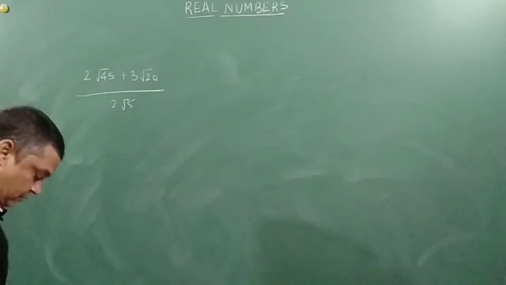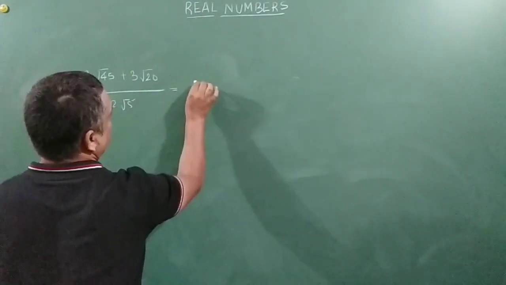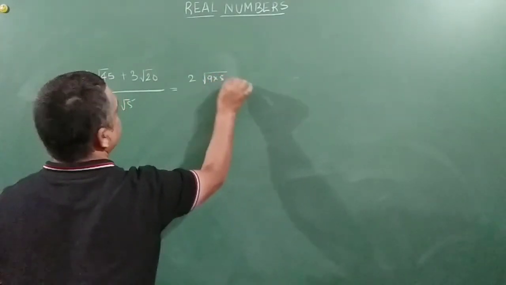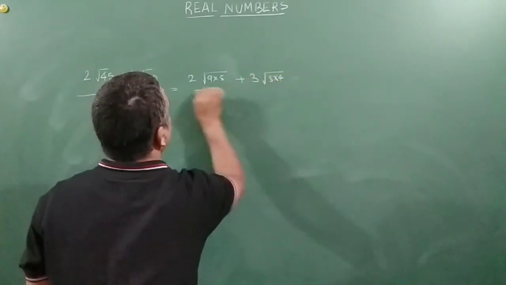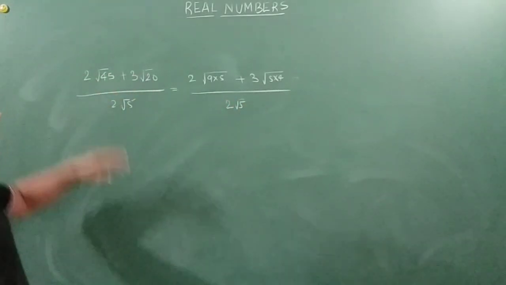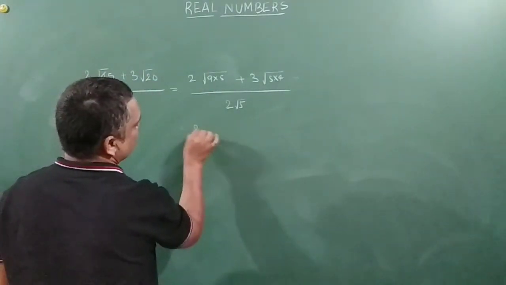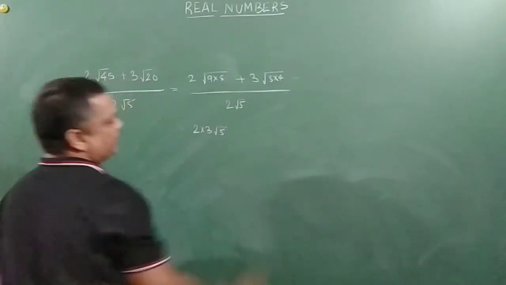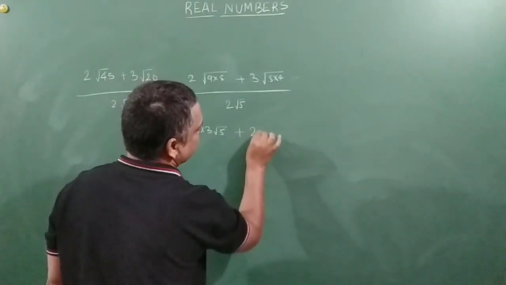Okay, so what we can do, friends, I am just going to represent it as 2 root 9 into 5 plus 3 root 5 into 4, divided by 2 root 5. I hope you understood this. I have just expanded the 45 inside and this. So can this be written as 2? This 3 comes out from here and root 5 is left behind. I hope you don't have a confusion. You should not, please. Okay.